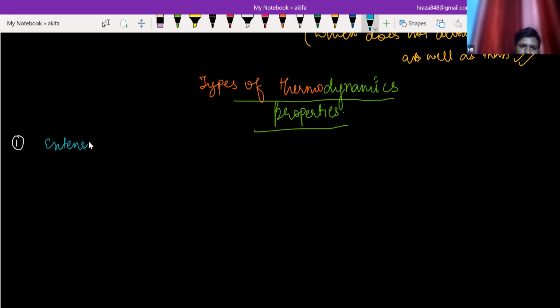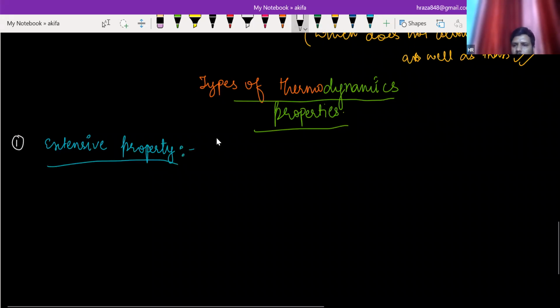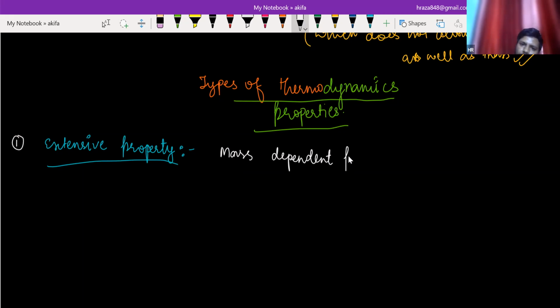extensive. What is extensive property? I'm going to define it, then I will explain it. Write with the thermodynamic properties, which is mass dependent. Mass dependent property is called extensive property, or we can either write the property